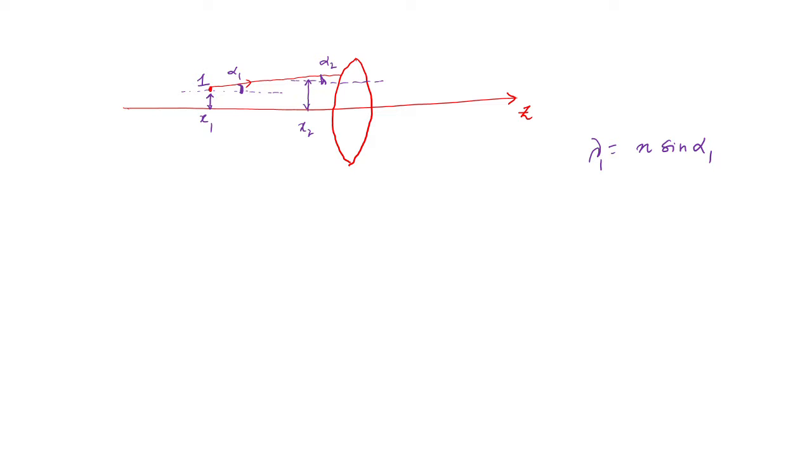I can also write this if I draw a vertical here. Then this angle, let's call it psi 1, would be 90 minus alpha 1. So I can also write lambda 1 as n cosine psi 1,